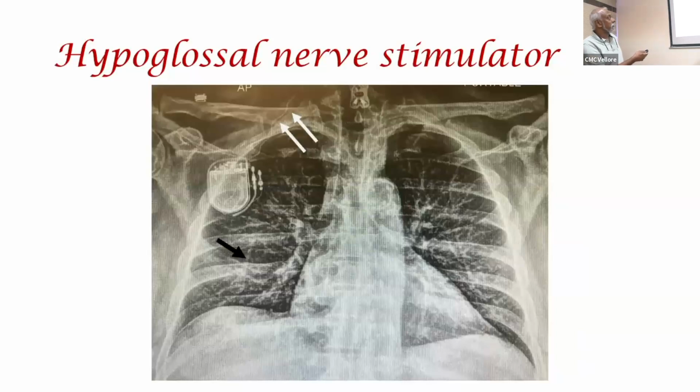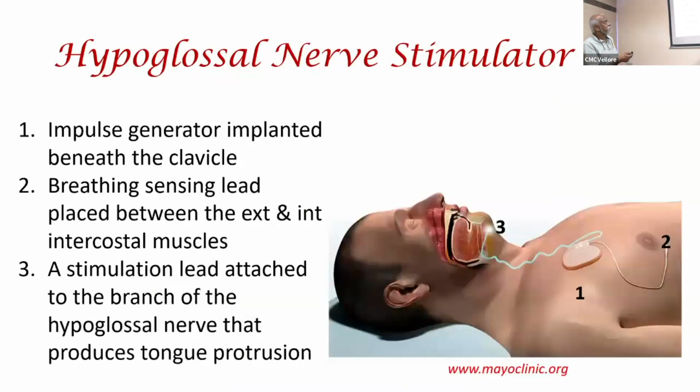So what they do is, basically, the impulse generator is implanted below the clavicle, and a sensing lead is implanted between the two intercostal muscles and senses the breathing. And then if the breathing is obstructed or limited, when they are apneic, it stimulates the hypoglossal nerve, which supplies the muscles of the tongue, protruding the tongue to get the tongue out of the way from the